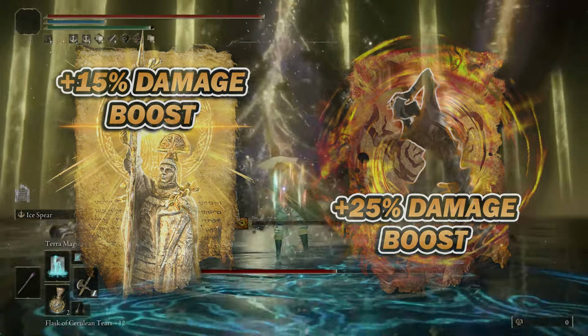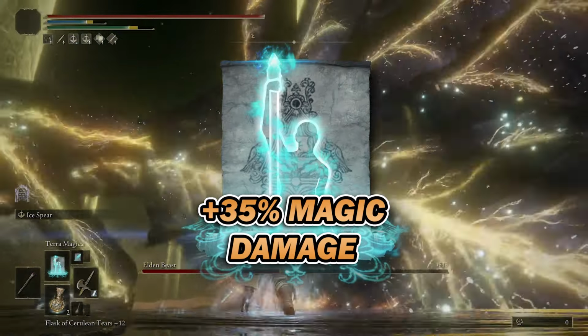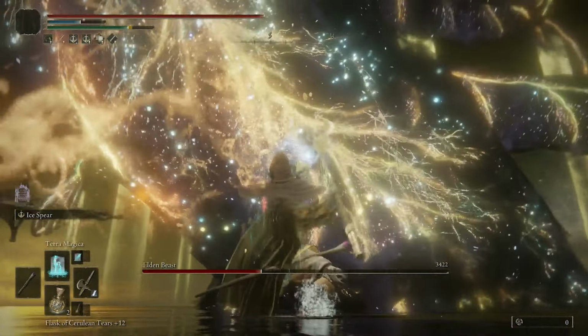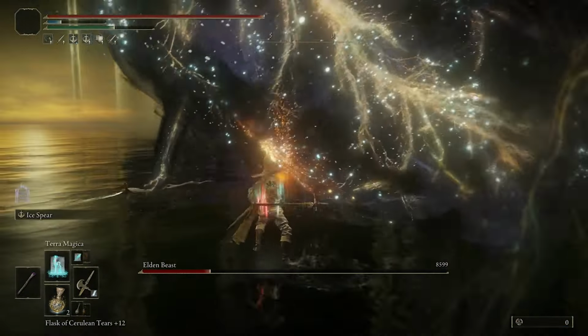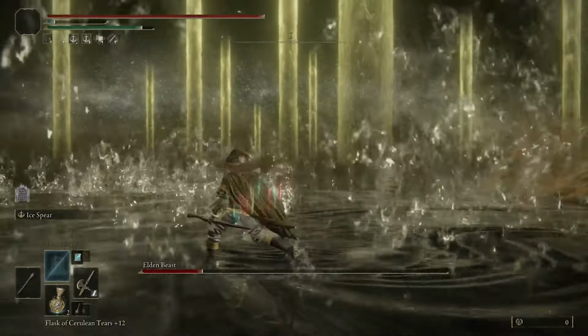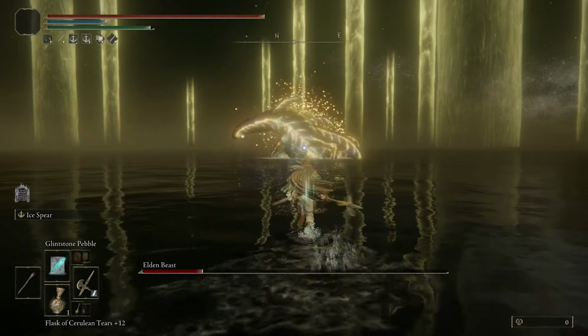Also, where we've got a high amount of magic in this build, we can indeed run Terra Magica, and using the Ice Spear within the Terra Magica vicinity, we will be boosting the damage output by a further 35%. And obviously, just with those buffs and the talismans alone, it's probably very clear to see how you're doing so much damage. But there's probably some keen-eyed players out there that have also noticed one thing